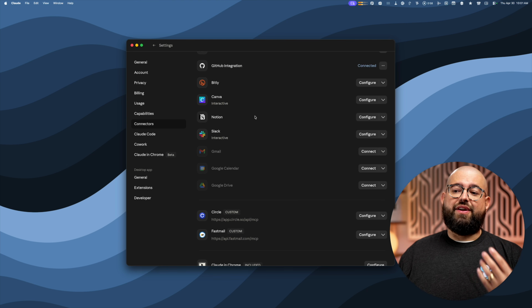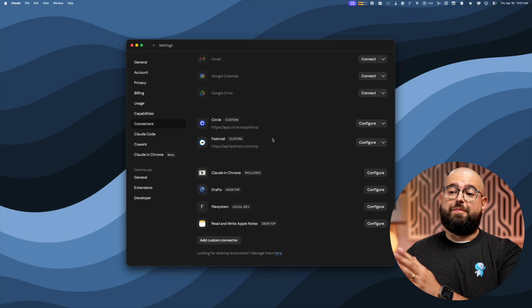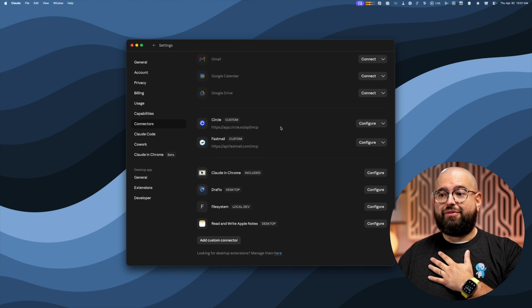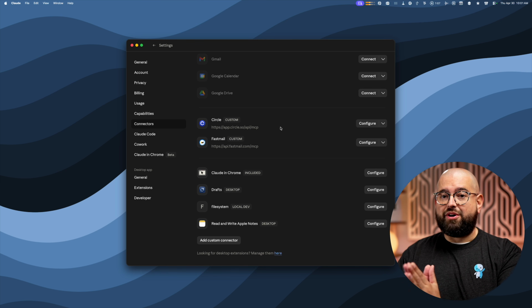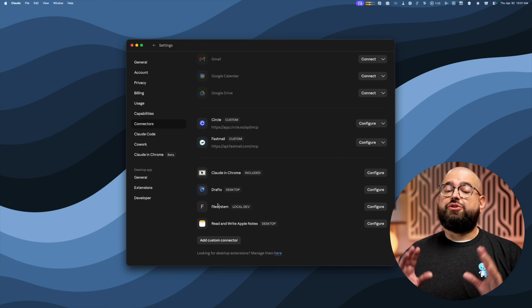Now, I have it connected to things like Notion. There's some new third-party MCP servers, which means companies like Fastmail, which I do my email through, and Circle have created first-party connectors for Claude, so you don't have to download something random off GitHub made by a developer you don't know. And I also give Claude access to Chrome web browser via an extension